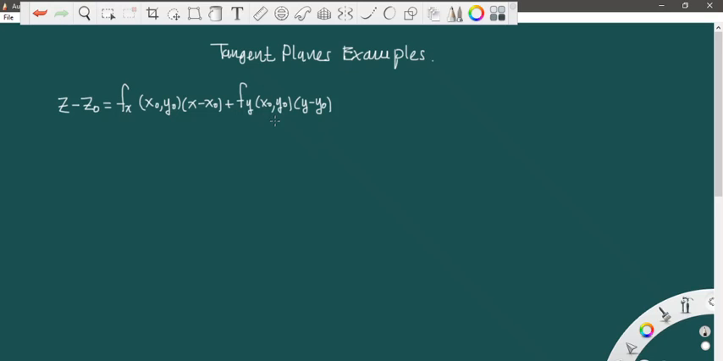Okay, let's work our first example of tangent planes. This is the formula that we defined on our last lecture. So this is z minus z sub 0, which is the dependent variable or the response or output variable. And this